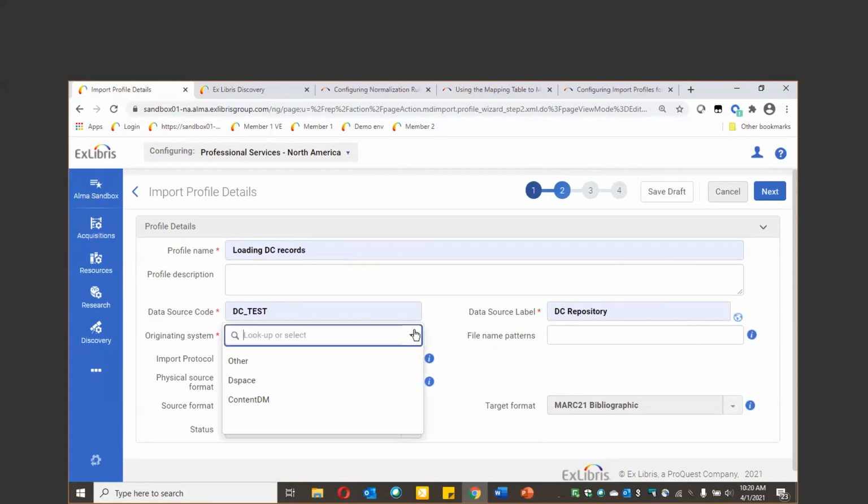And then you have originating system here. So if you were loading something like LibGuides, you would be using Other. But if you're using DSpace,